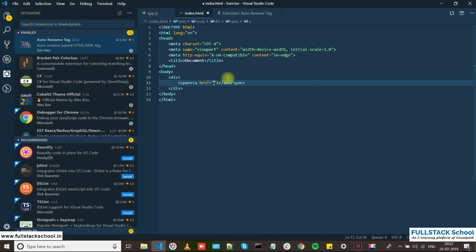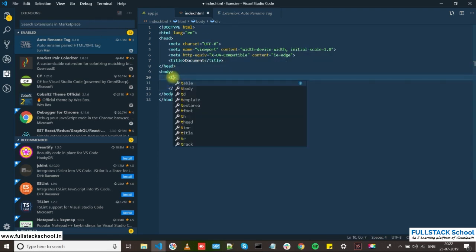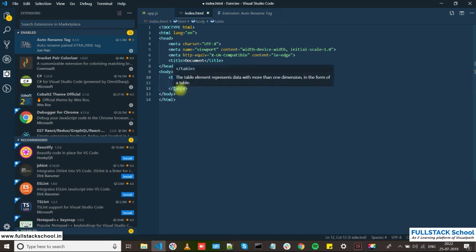Now there's a change: I have to change this div to maybe a table. Usually I have to change here as well as down here. With this, I can change it here and automatically my closing tag changes to table. This extension will be very useful.